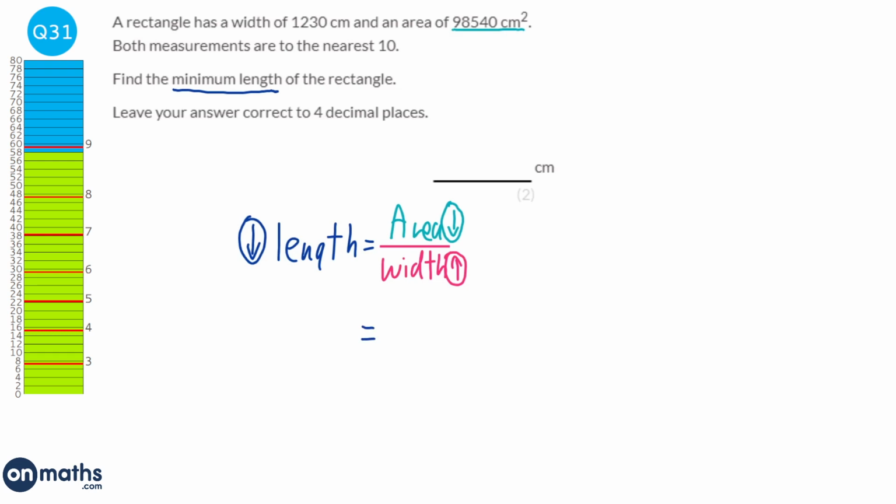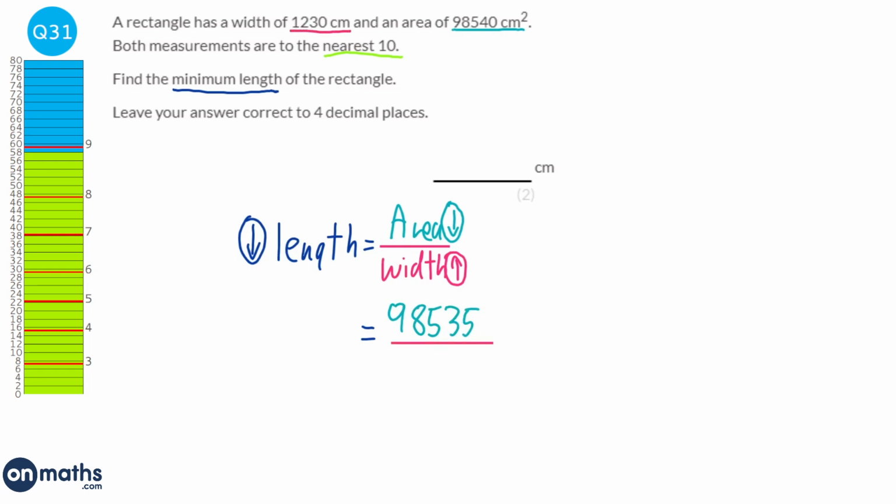And an easy way to find a lower bound is find the accuracy. Well, it says the accuracy is to the nearest 10. And what we're going to do is halve that. So half of 10 is 5. And then we're going to take it away from the area. So it's 98,540, take away 5, which will be 98,535. Now for the width,